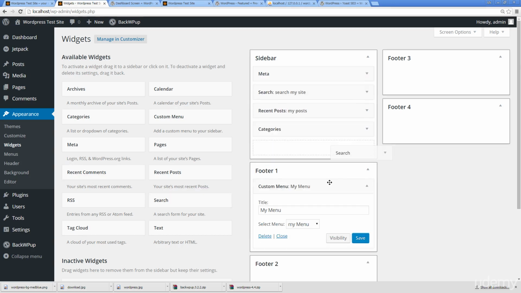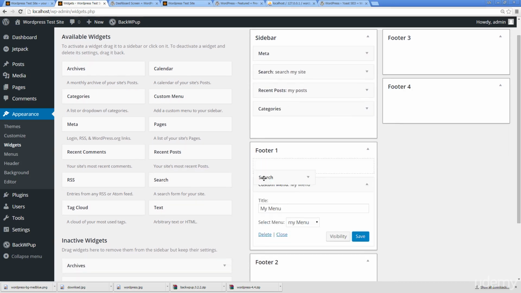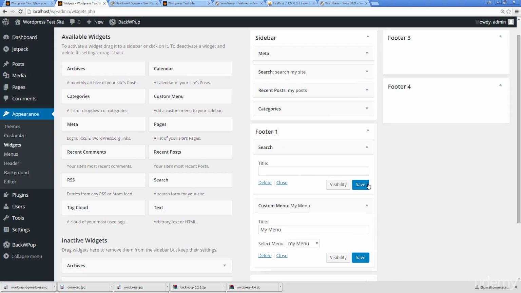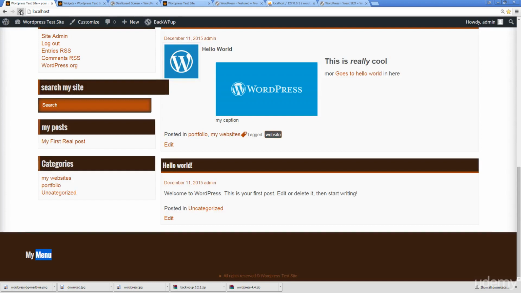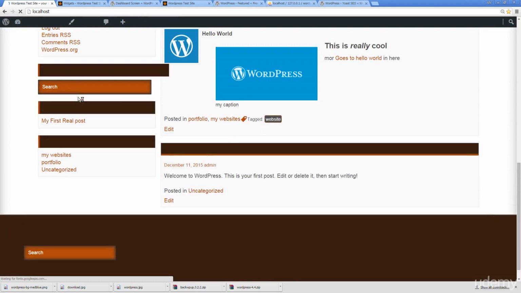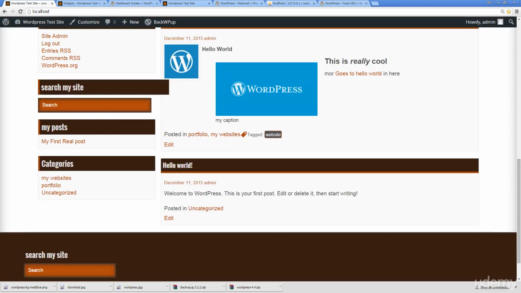You can also add in a search. So if I had a search that I wanted to add in there, it's just as easy as this. And you can see here that I'm actually able to duplicate these widgets. So I'm able to have widgets in any one of these sections of the site. So just because I've already used search doesn't mean I can't have search in every single section of the widget where I want search to be. So I can have search up there, I can have it down here,